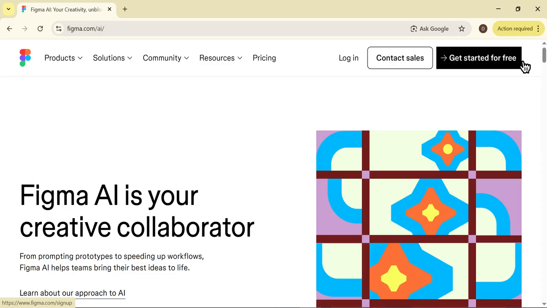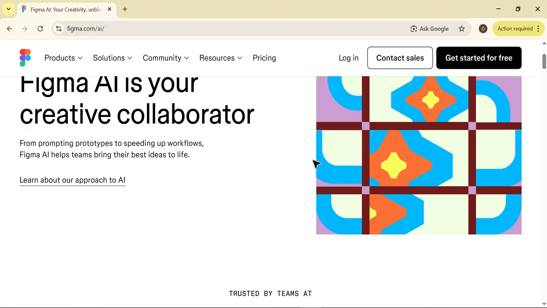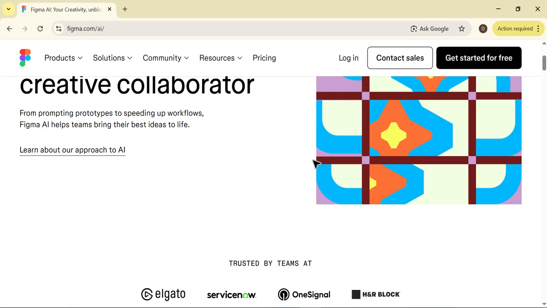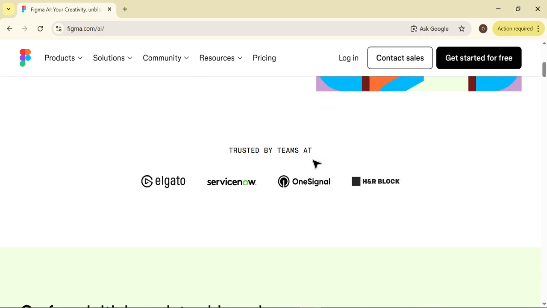Today we are exploring one of the most exciting updates in the design world, Figma AI auto-generated layouts. If you ever felt stuck staring at a blank page or wished your ideas could come a little faster, this feature is a game changer. I'll walk you through how to prompt Figma AI effectively, how to refine its generated layouts, and how to turn those AI created concepts into polished production ready designs. By the end of this video, you will understand how to use Figma AI to boost your creativity and speed up your entire design workflow.